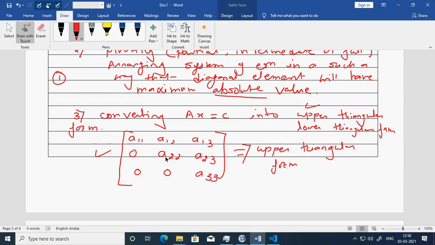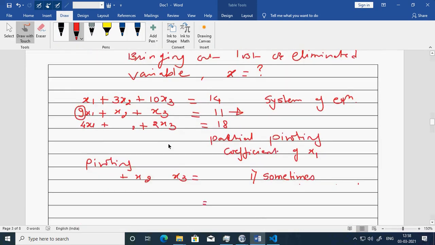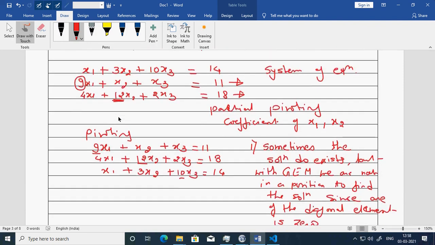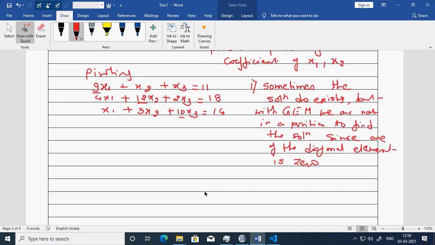But if I rearrange it, wherever 0 is there, say if somewhere here 0 was there, let us say 0x2. By rearranging, that 0 has been shifted to equation number 1. So what has happened? 12 is the maximum and 0 has been shifted to equation number 1. So it is not a problem. My diagonal element is not 0. So I can go ahead with the process of forming the upper triangular as well as going with the back substitution.